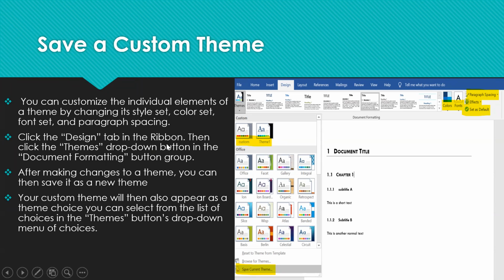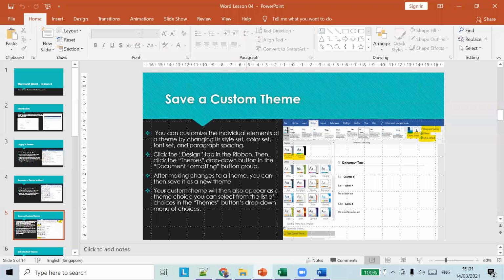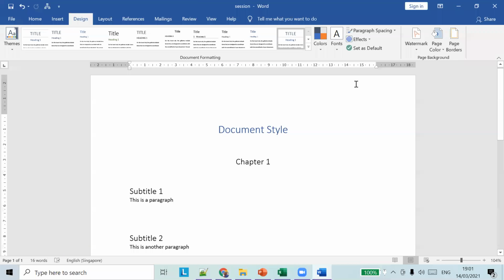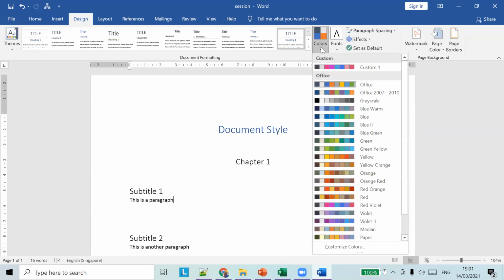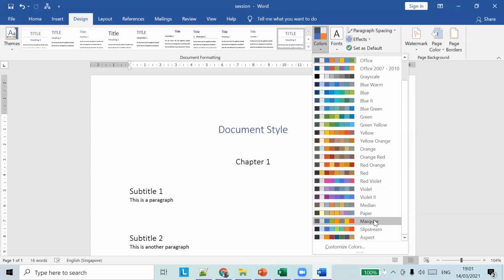So now we'll see how to create our own theme. Let me show you how. What I'm going to do is change the color of the current theme.